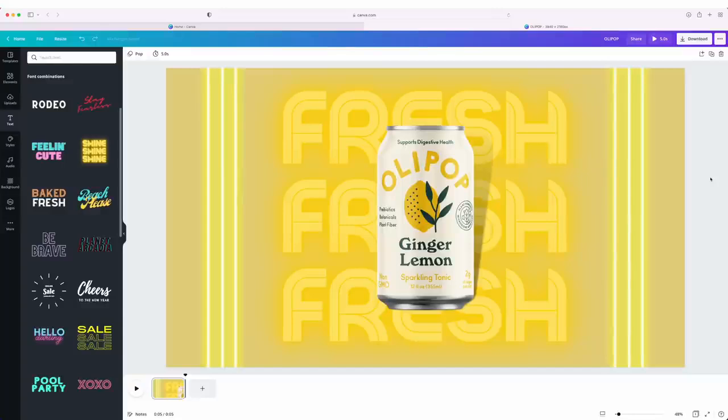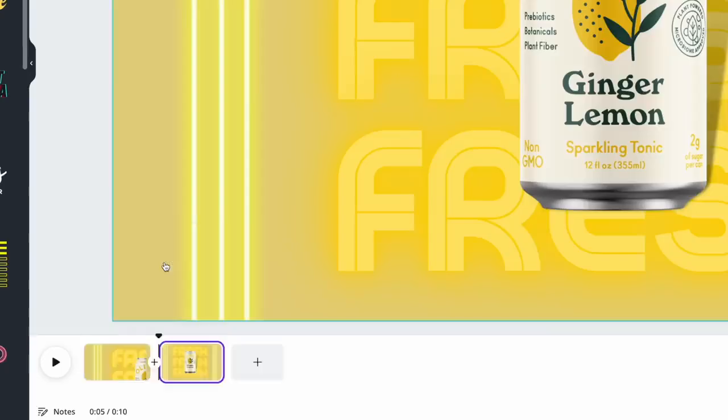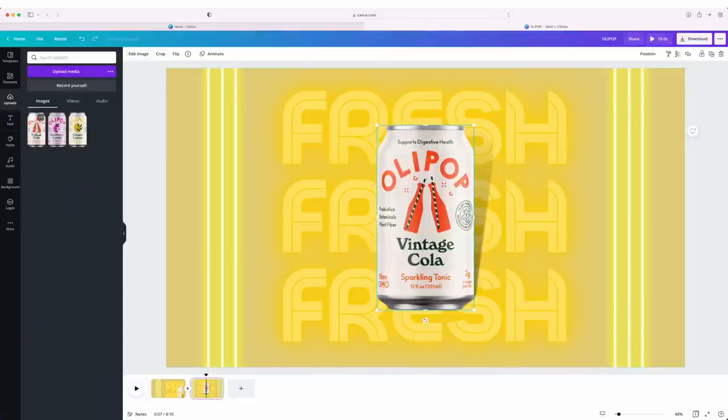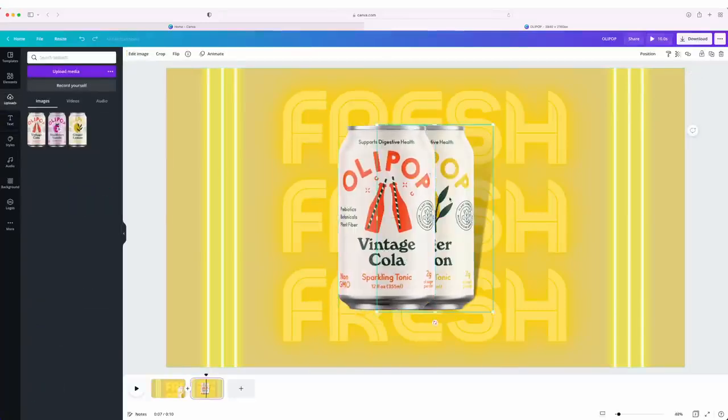So now I wanna do the same thing for our next two flavors. And to do this, we can actually save time by duplicating the page we just edited by right-clicking it and clicking duplicate. And because all of the animations are already applied to the page, all we have to do is swap out the different elements with new ones and everything will automatically be animated the same way the previous flavor was. I'll go back into our uploads here and bring in our vintage cola can,